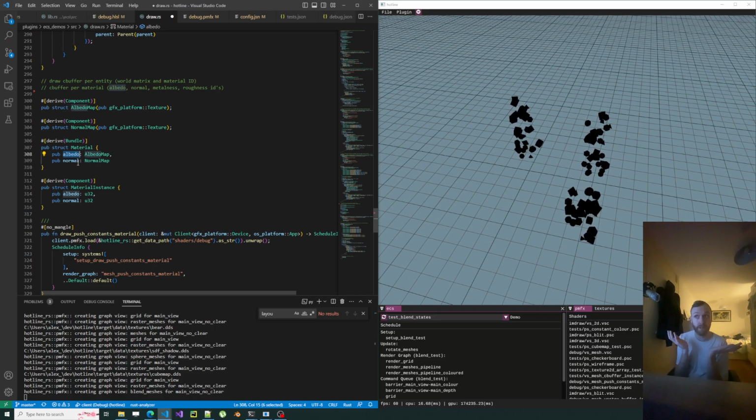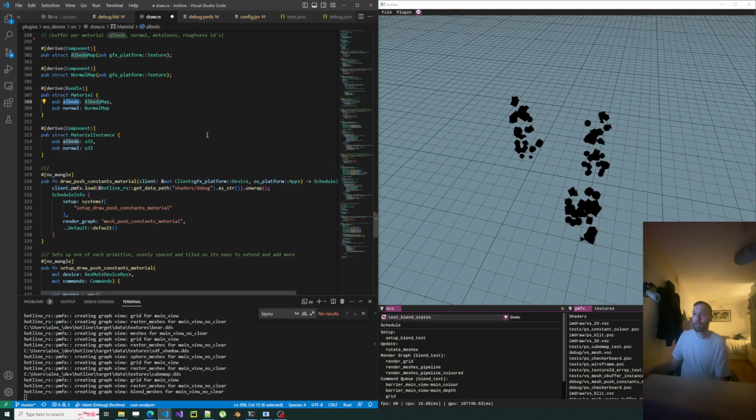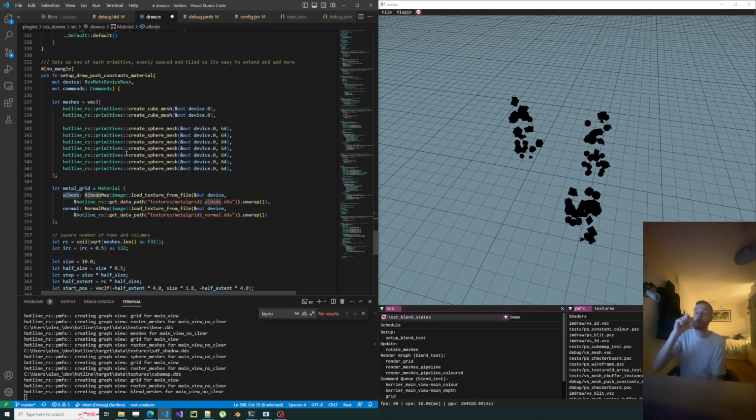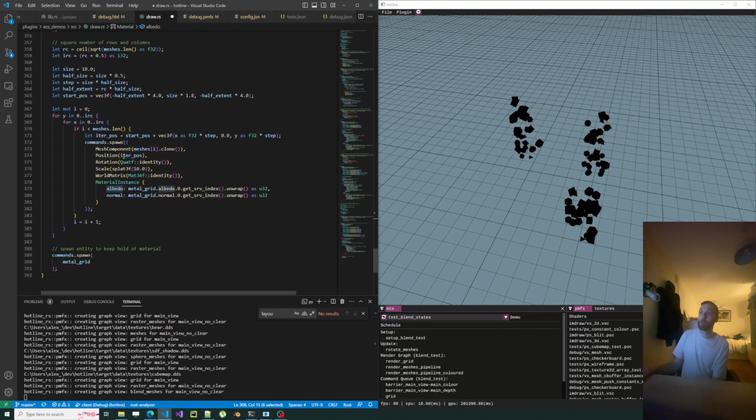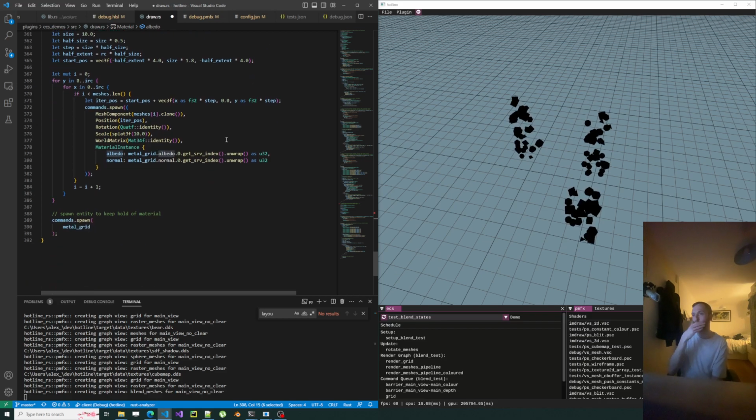Obviously you might have lots of different materials, but you're probably going to end up reusing materials in a general case. So that made me think that the existing sample, instead of it being push constants material, it should just be push constants texture. And then the real material system becomes a bit more complex, and I already have a